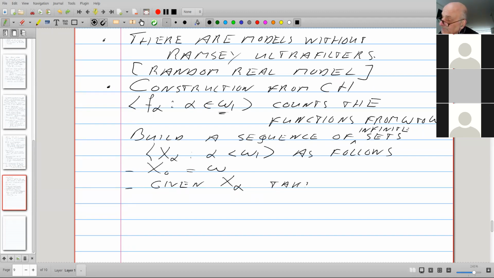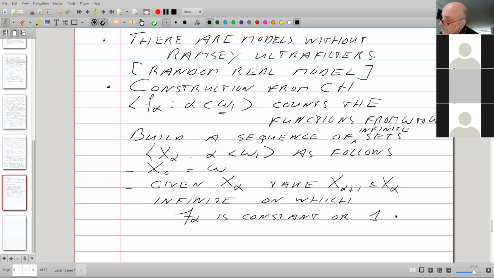Take an infinite subset of X alpha on which F alpha is constant or 1-to-1.